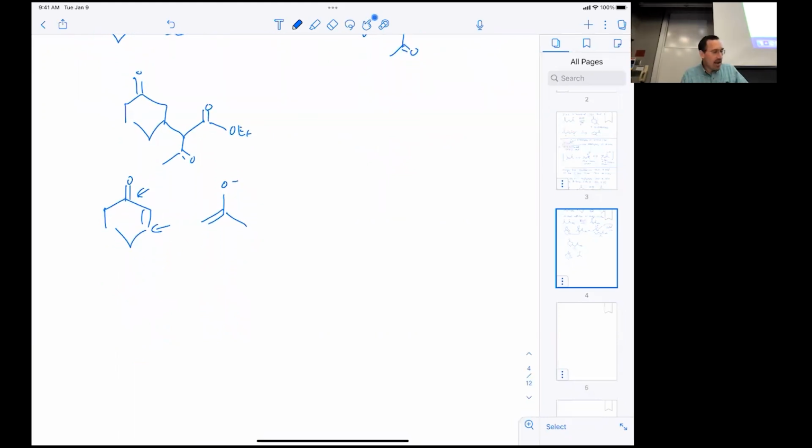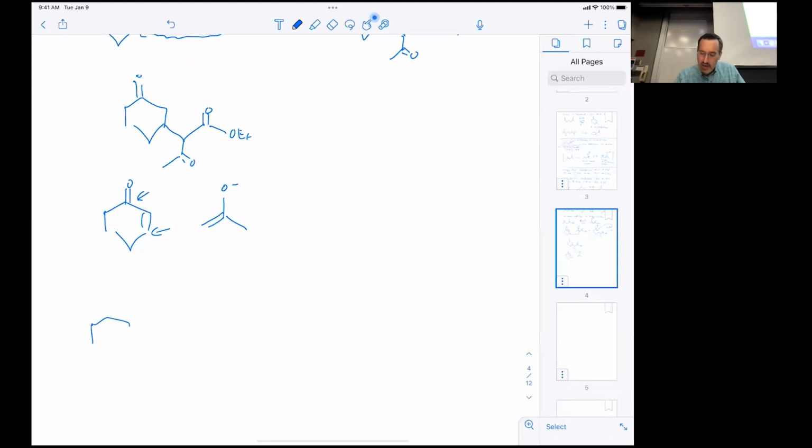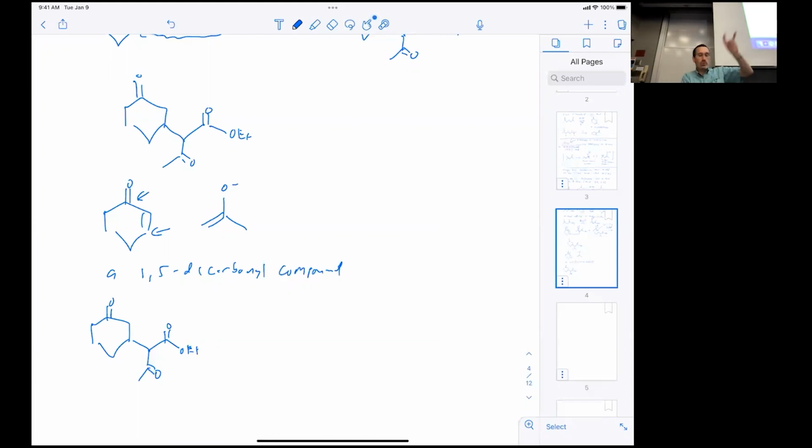All right, let's take a look now at our product. And I want to view it through a fresh set of eyes. So I'm going to rewrite it. All right, so here's the product that we wrote from our Michael reaction. This is a 1,5-dicarbonyl compound. In other words, just like ethyl acetoacetate is a 1,3-dicarbonyl compound where the carbonyl groups are 3 carbons apart. Here we have a 5-carbon relationship